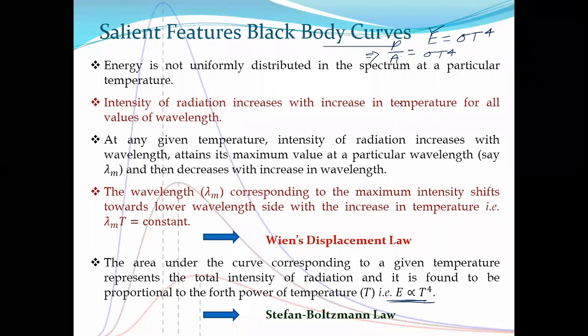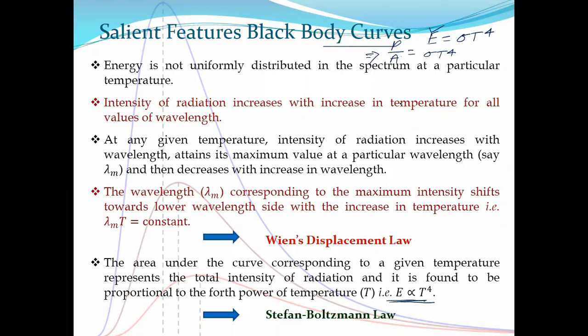Sir, we know where the Stefan-Boltzmann law is applicable, but can you tell me about Wien's displacement law? Whenever you are sure about the color emitted from a body and you want to measure the temperature of the body, then you can use it. Like for a distant star, you cannot reach the star, no way you can reach there, but you can observe the color coming from that star. So lambda m is known for the star. You want to estimate the temperature of the star, use Wien's displacement law.